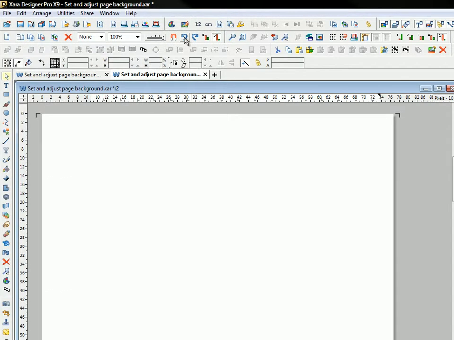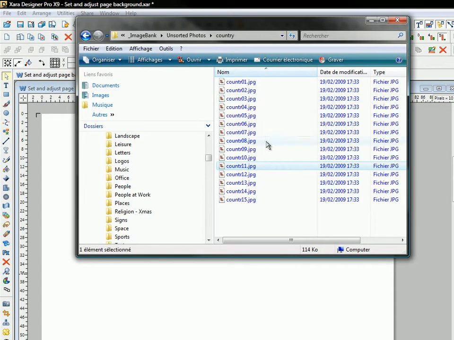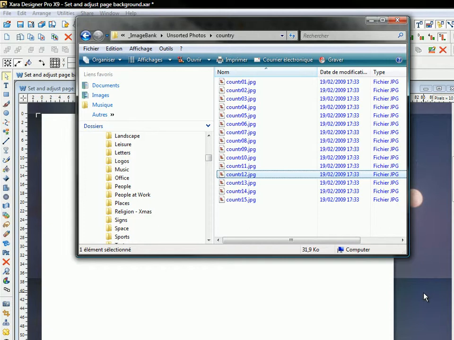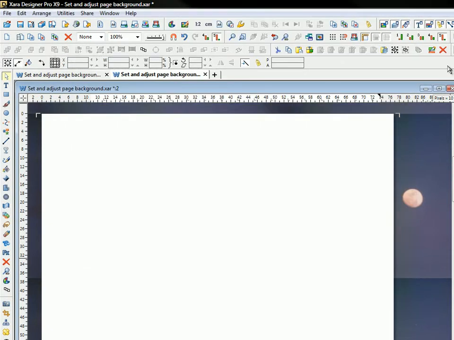If, however, you Control drop the image onto the pasteboard, the pasteboard is this area all around your page, then this is the result. Now, that was a Control drop. The result is a pasteboard completely full of your image, but a page that's completely empty, so that's not what